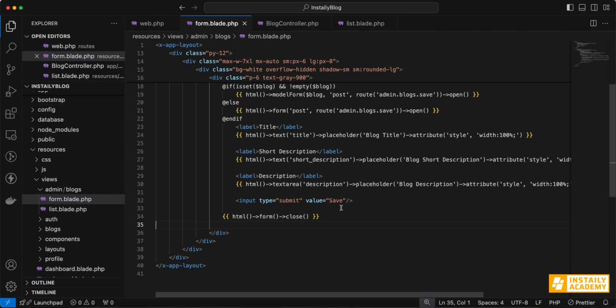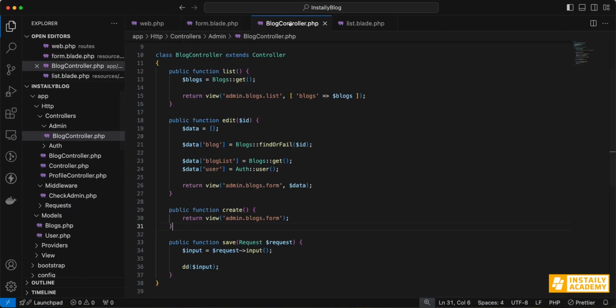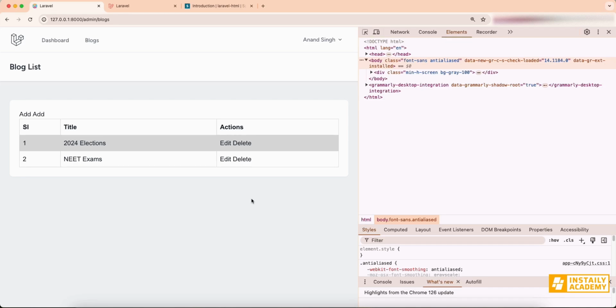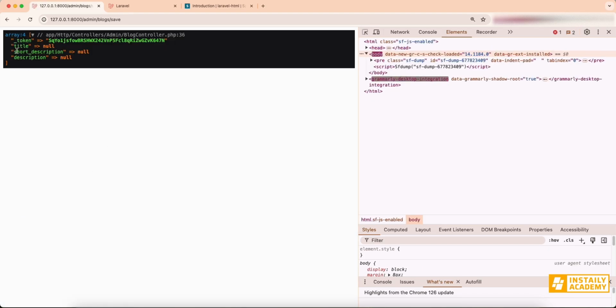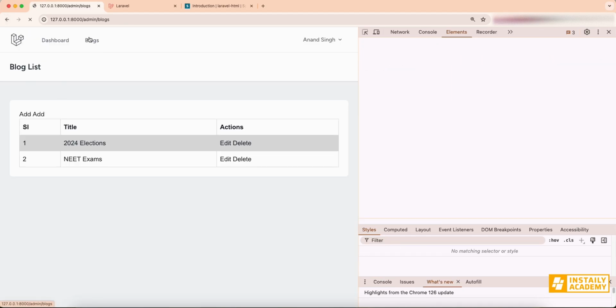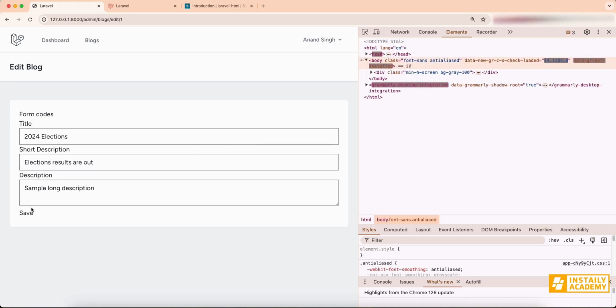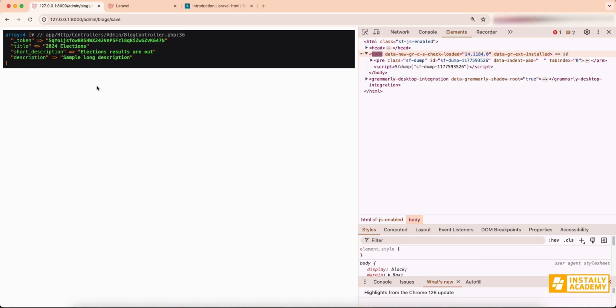Let us try to save the value. Okay, we already have that. So if we go and try to save this, we have title, description, short description, and the same we will have over here. We have title, description, short description. So how will we differentiate between an edit and, at the time of saving, how can we differentiate whether it's an edit or a create